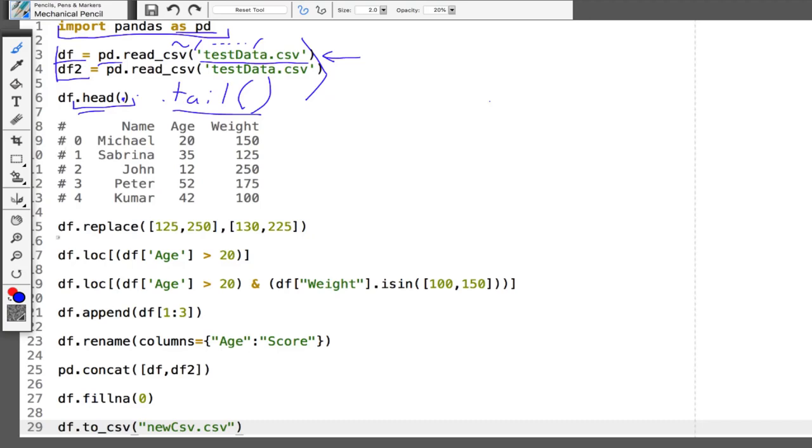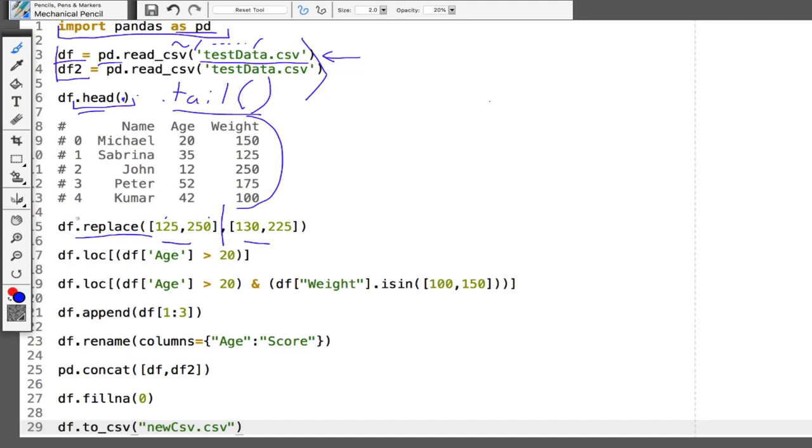So we have a data frame, and let's say we found that there were a couple of inaccuracies in our data collection, or we need to replace some values, and we want to do that as easily as we can. So we use the .replace function for our data frame. You'll notice that .replace is delineated by a comma, and you have 2 sets of lists here. So what this is saying is I want to replace these values, the value 125 and 250, anywhere in the